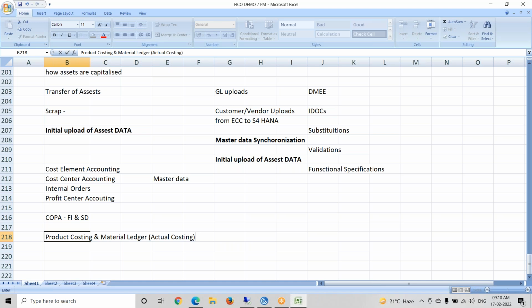That would be a false commitment if I gave it. Since I have not worked thoroughly on costing in ECC, how can I say that I'm an expert in material ledger? In ECC, till 2018 or so, ML was optional to activate. In S4HANA, it was made mandatory. So at this stage, we cannot get more knowledge or more business case examples to explain in an understandable way.